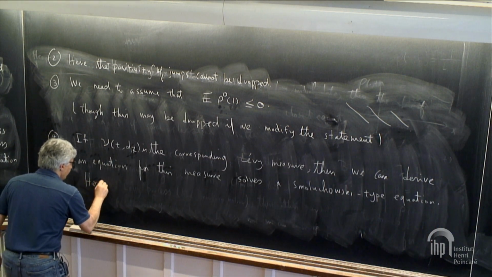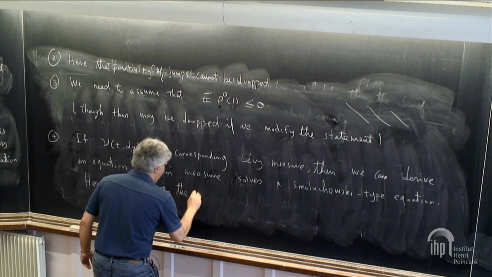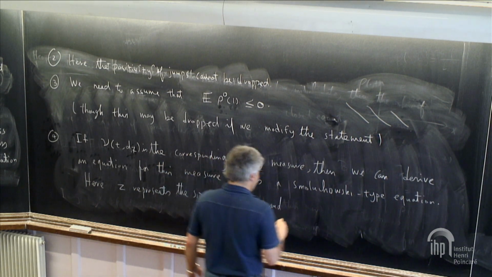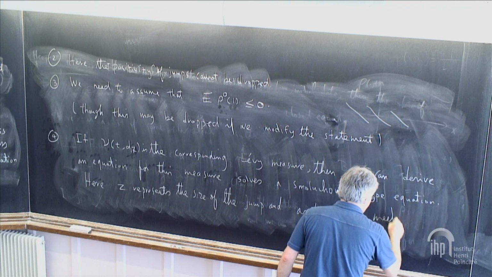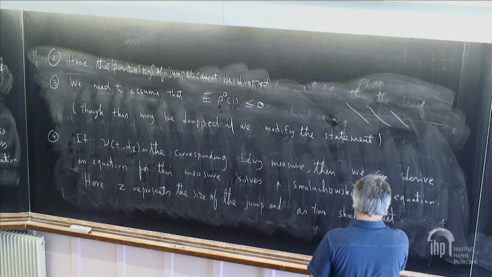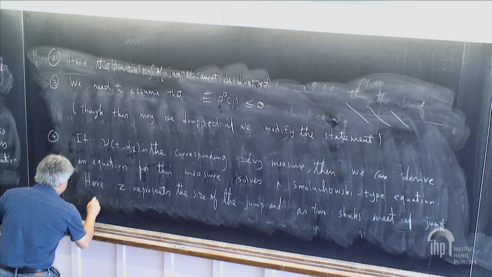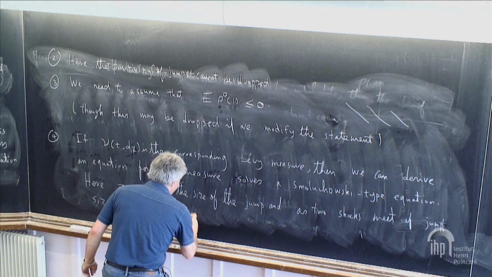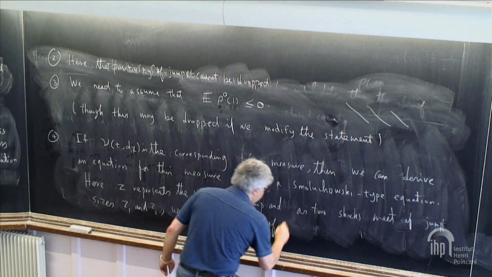Here, z represents the size of the jump, and as 2 shocks meet, with jump sizes z1 and z2, we get a new shock of jump size